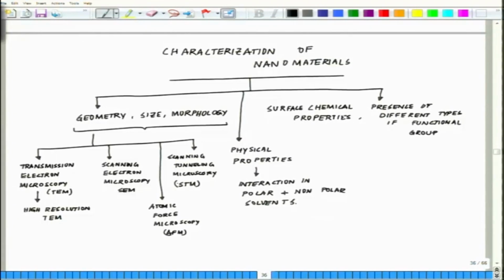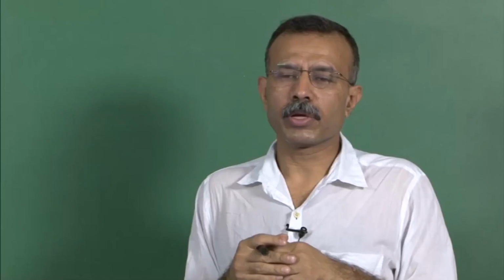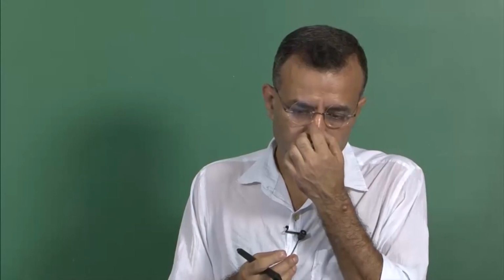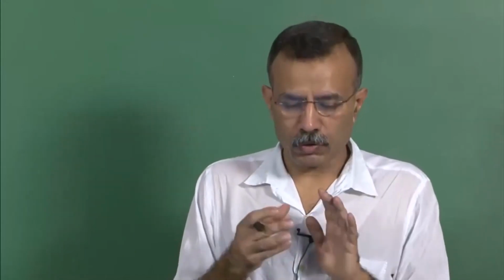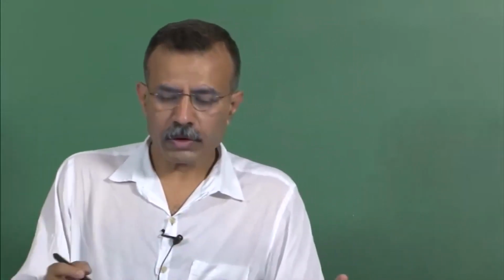These are the 4 different microscopy techniques which are being utilized to understand the geometry, size and morphology of different kinds of nanomaterials. So, when you talk about transmission electron microscopy, to start off with,